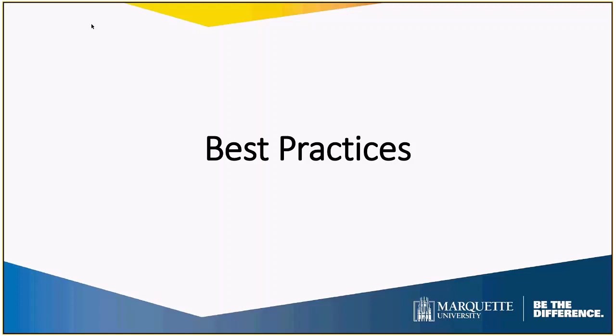I will say that this is a very popular option, so if you're interested, please reach out sooner rather than later because we do book up rather quickly. And I'll give you my contact information again here at the end. So again, please do reach out if you're interested in reserving interview space in general, but especially if you want to book a space directly after one of our career fairs.